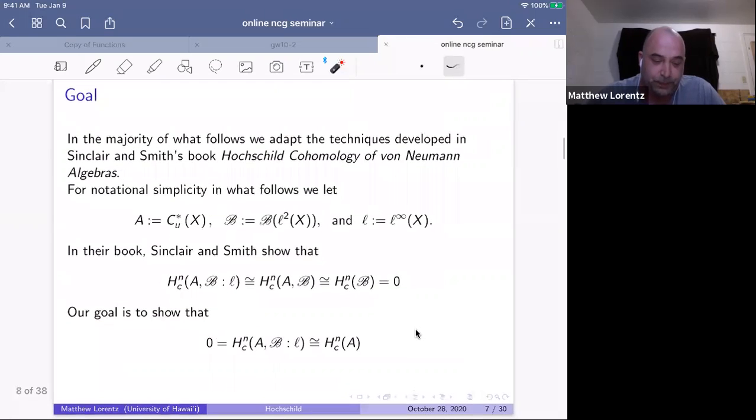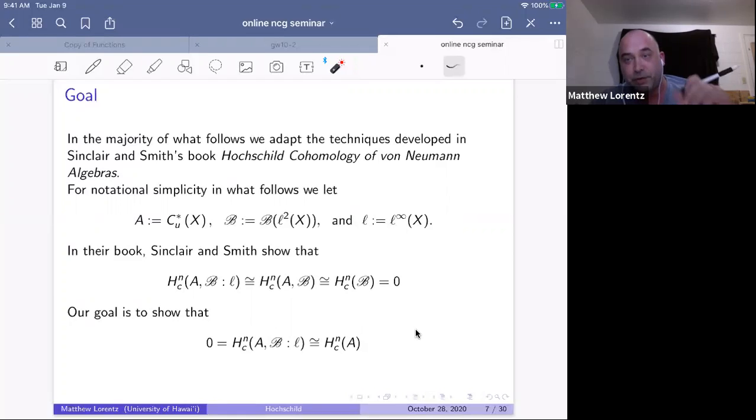So as I said before, most of the techniques I'm going to use today come from Sinclair and Smith's book, The Hochschild Cohomology of von Neumann Algebras. And so for notational simplicity, because we're going to have a lot of parentheses and stuff, I'm just going to let A be the uniform row algebra. I'll let script B be the bounded operators on the square summable sequences, and we'll let little l be the